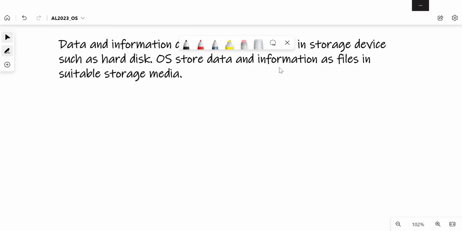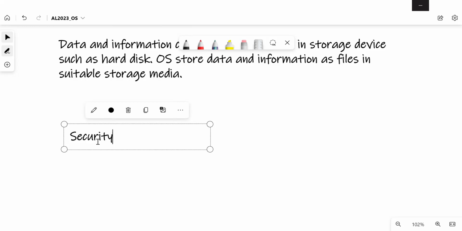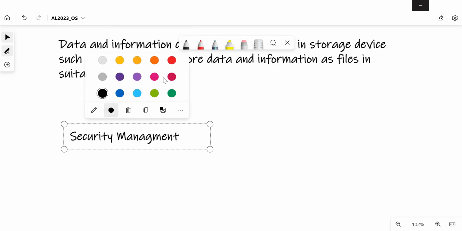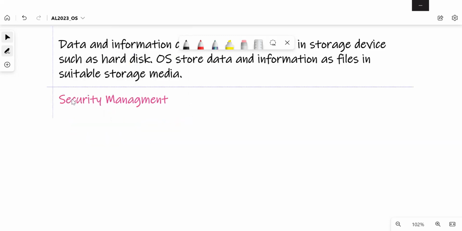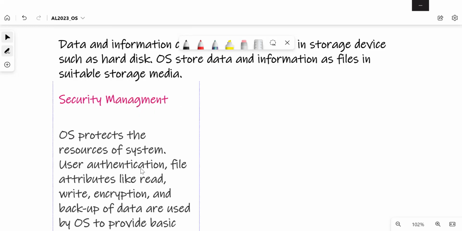So what we have been discussing is security management. During security management, the operating system has to protect the whole system, not a part of it.